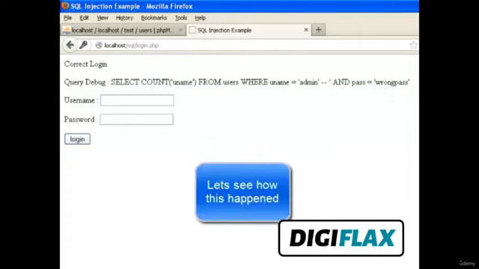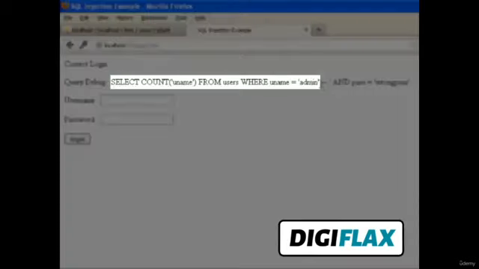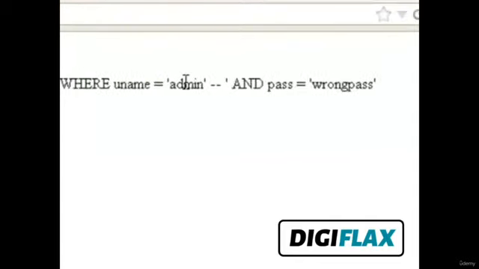So how did this happen? You can see the actual SQL query is select count uname from users where uname is equal to admin. Up to this point our query works fine, checking whether the username is equal to admin or not. But what we have entered is this extra part.